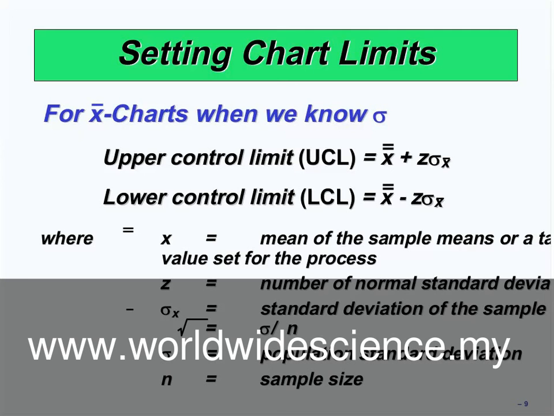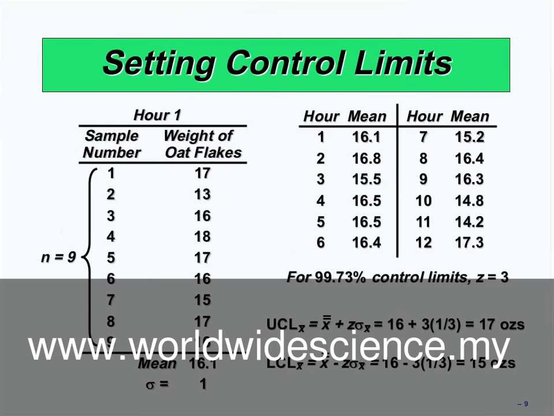Okay. Sigma is 1 here. Sigma divided by radical 9. Radical 9 is equal to 3. So 16 plus 3 multiplied by 1 divided by 3. Yes, very good. N equal 9, Z equal 3, and sigma is equal to